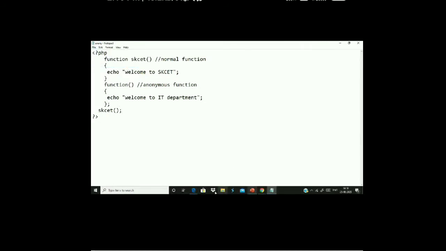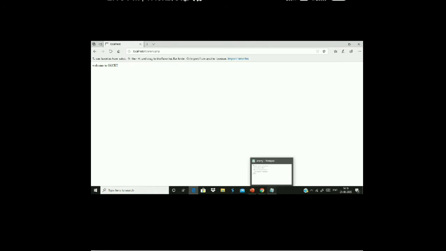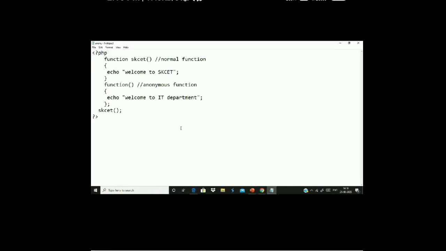So when I run this file, you are able to see welcome to SKCET, but that is the information revealed by the normal function, not by the anonymous function. The anonymous function has a message, welcome to IT department. You can call a normal function directly, but an anonymous function with this pattern you cannot call because it does not possess any name.